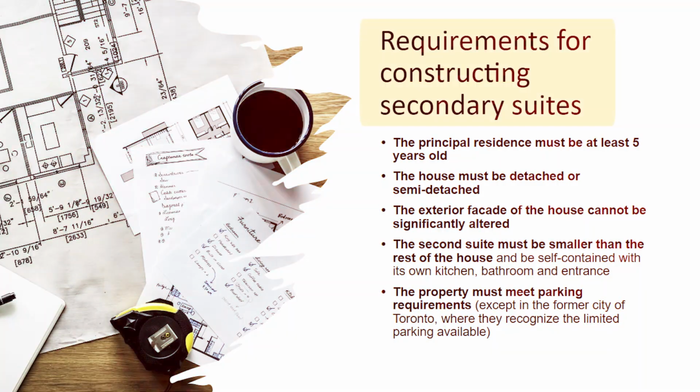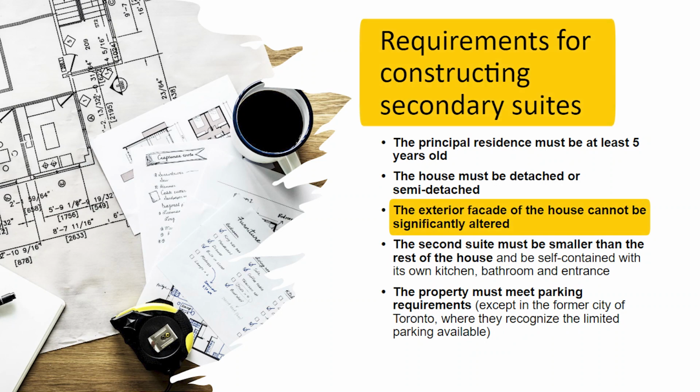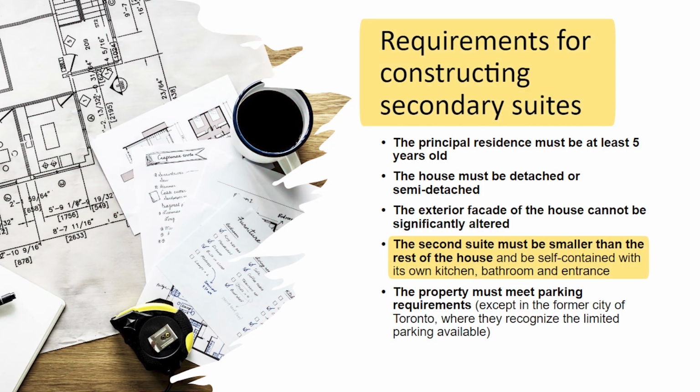So let's get started. What are some of the requirements for constructing a secondary suite? Most of the time, the house needs to be at least 5 years old. It could be a semi-detached or a detached house because they need to have a separate entrance. On a townhouse, it will be very difficult to create a separate entrance. The exterior facade of the house cannot be significantly altered in order to create this secondary suite or legal basement. The secondary suite needs to be a little bit smaller than the main primary residence, and the property must